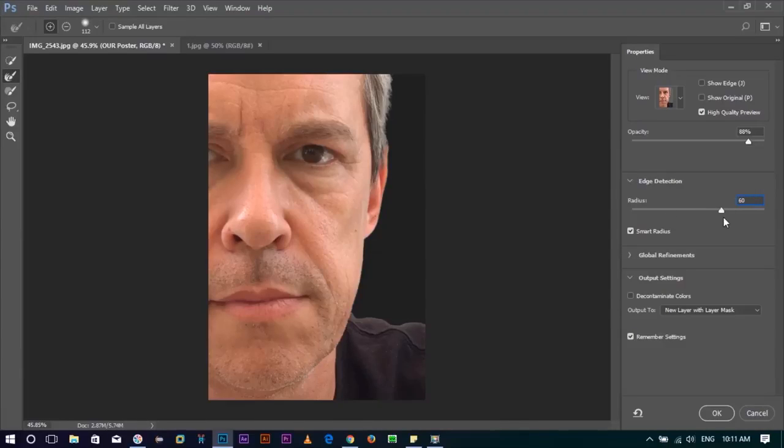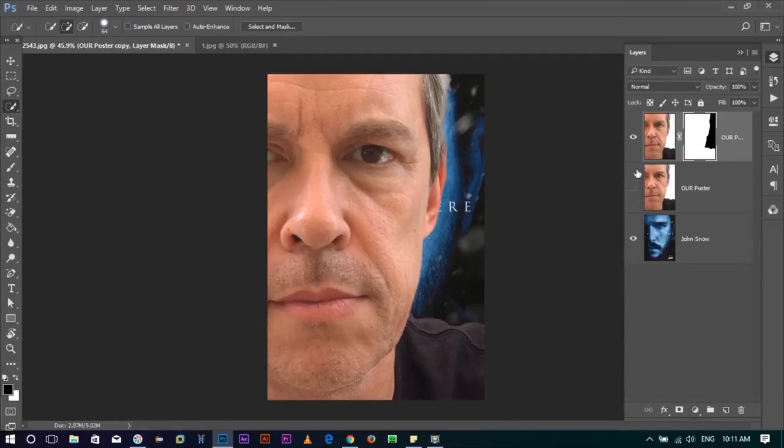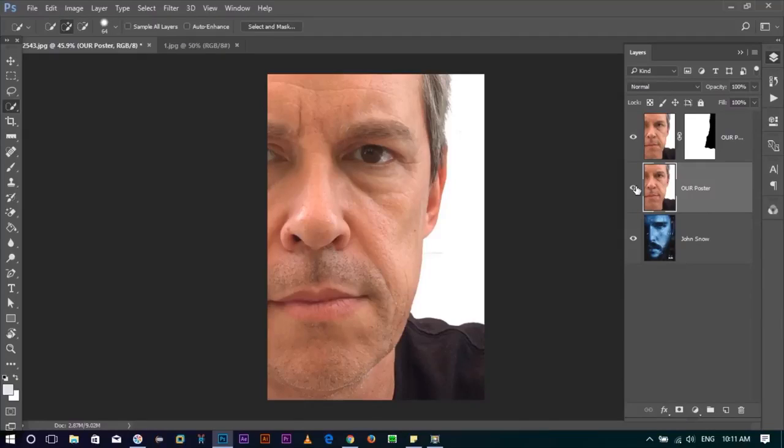The last thing we're going to check here is Decontaminate Colors, okay? And then set the output to New Layer with Layer Mask. Then click OK. Now our white background is removed, and a new layer is created, and our original layer is invisible. It is there, but it is invisible. So what we are going to do is